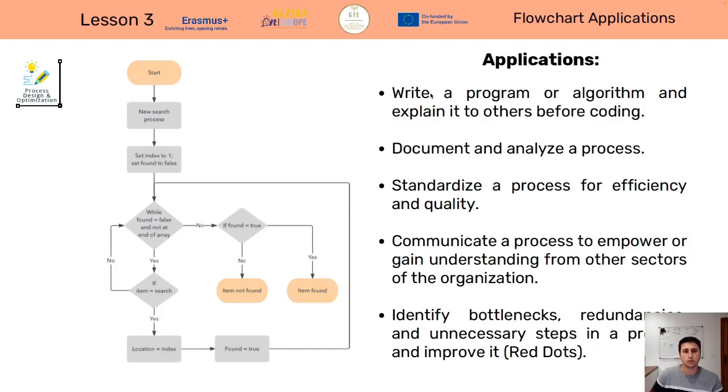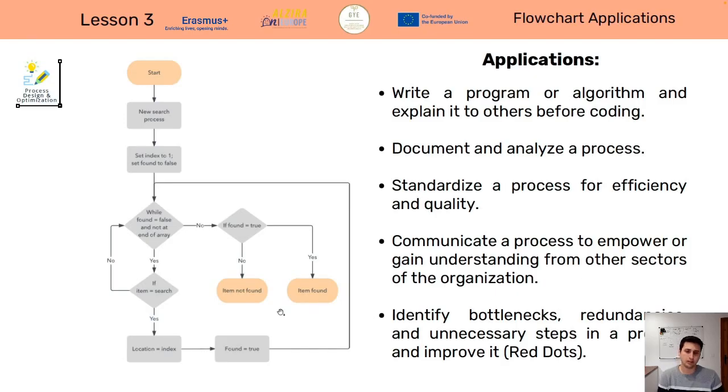Okay, so which applications do we have for flowcharts? We can write a program or algorithm and explain it to others before starting to code, to validate the process. Then we can document processes, standardize processes, and also communicate processes to empower other people inside the organization or train them.